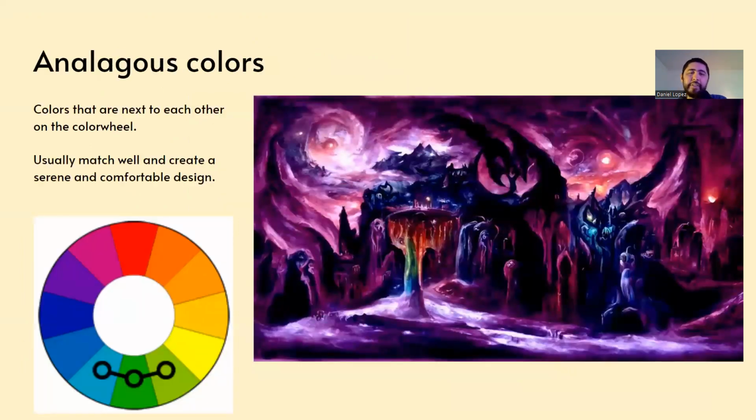Analogous colors. So these are close to each other on the color wheel. So on the color wheel here, we're like this pretty much, and with a little bit here. So yeah, these are colors that are next to each other on the color wheel. Okay, as you can see in this painting right here,